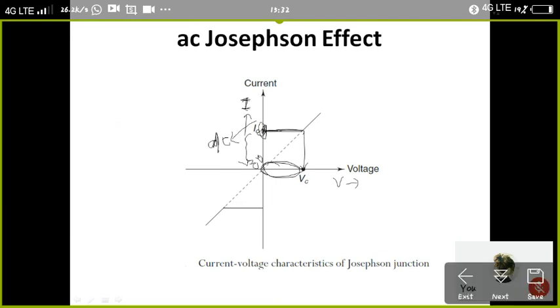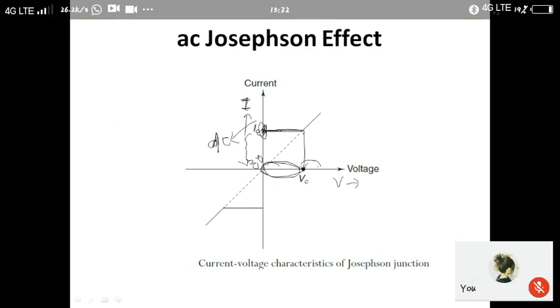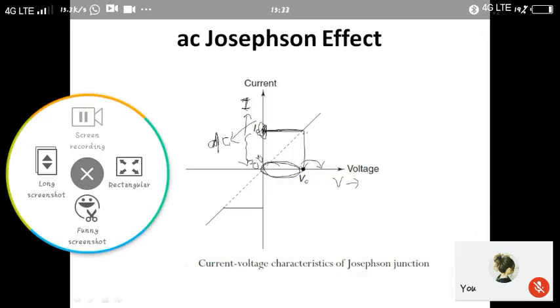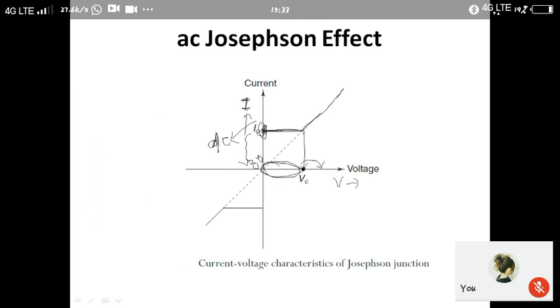Once the voltage exceeds VC, we observe a linear variation of current with respect to voltage. Whenever the voltage increases, the corresponding current